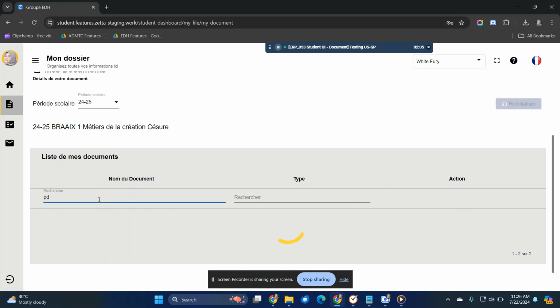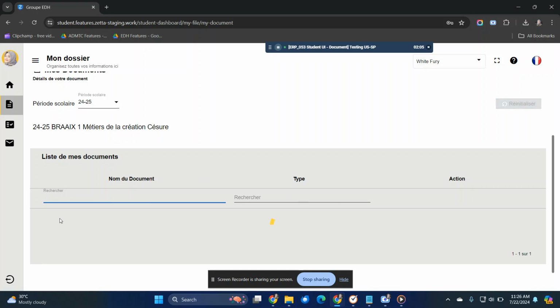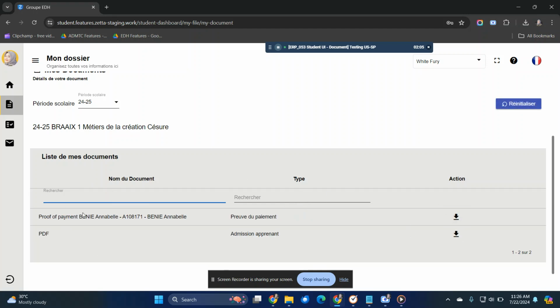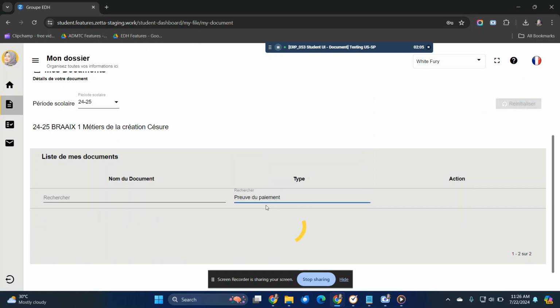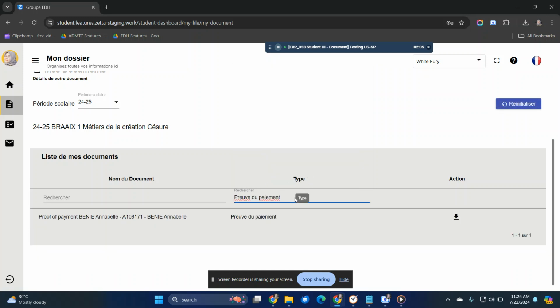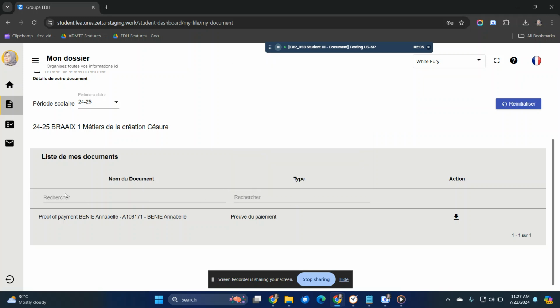Just hit order proof of the payment, and I remove it again. It should display a spinner and display all the documents after I remove the filtering in my documents. So when I select filtering in the type and I remove it again, it should go back to the default, or display all the documents in the my documents table.